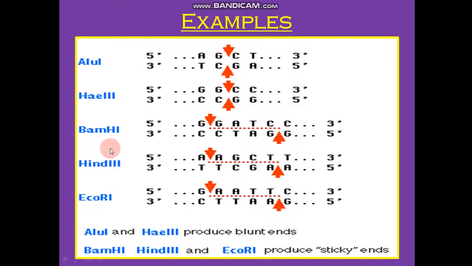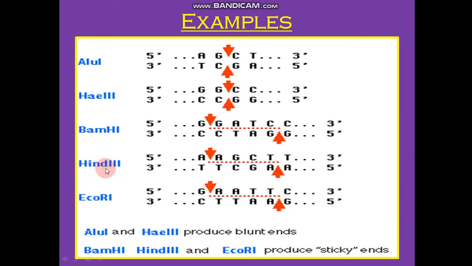See, once again, we'll consider the same example. BamHI. This is an endonuclease. It will cut between GG, but this kind of cut will not be the same as the previous one. That was a straight cut, but this is a staggered cut. It is not a straight cut. I'll tell you, this is also very important. It has a basic requirement for a special type of gene cloning. I'll discuss this further in the chapter.